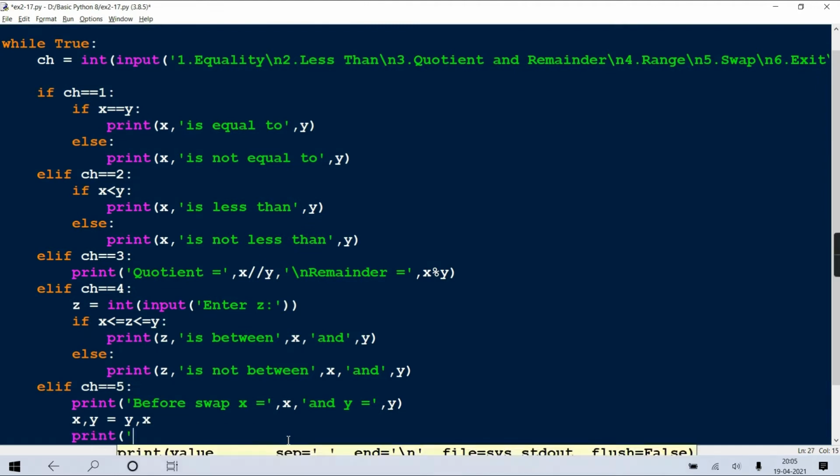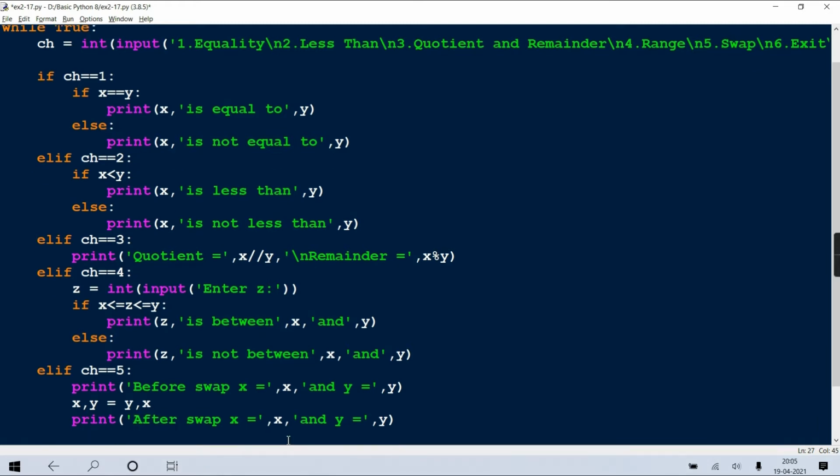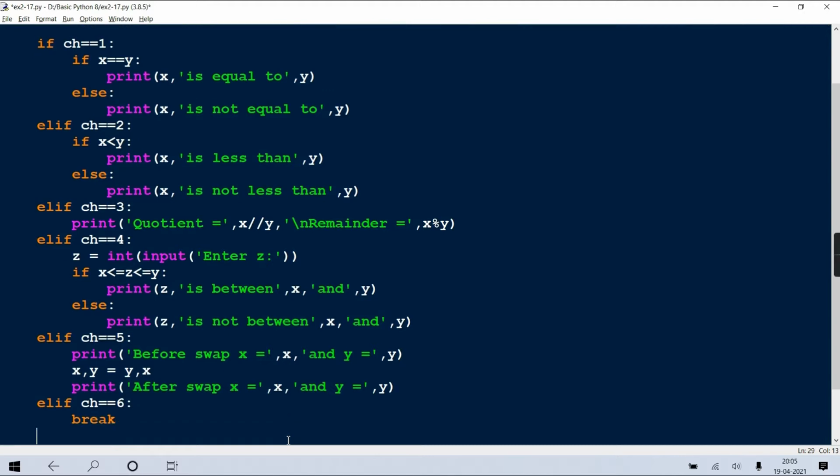And then I'll print after swap. Okay? Done. Now, if someone gives choice as 6, so we'll write break.